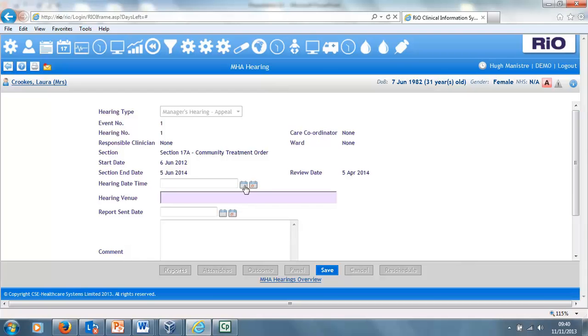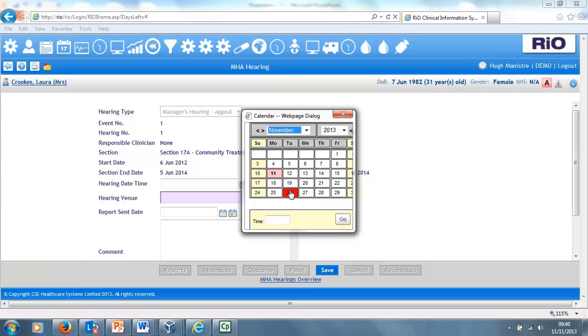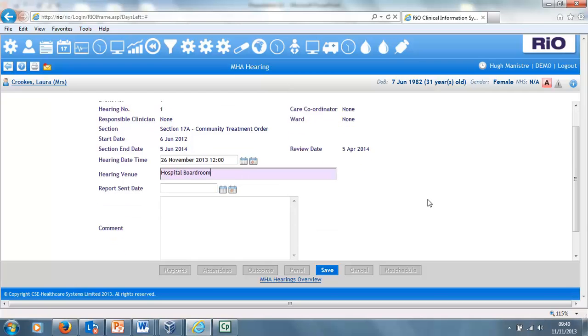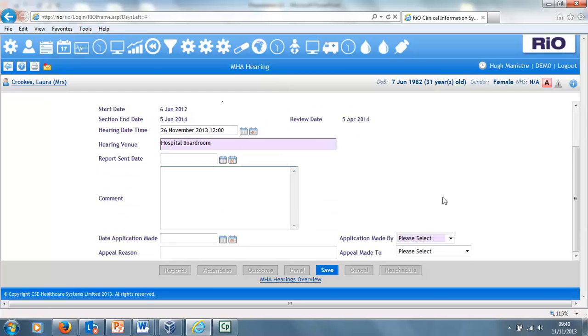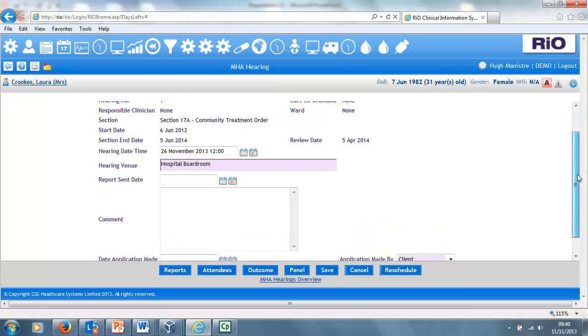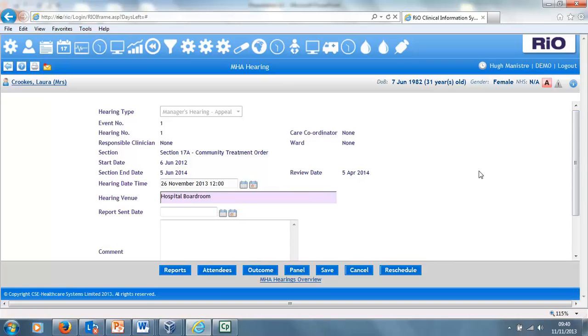Let's just populate some data into there so that you can see what that screen looks like when it's got some data in and when I've saved it. Let's suppose that this is going to be scheduled for the 26th of November. I can then free text in the description of the venue which we're going to be using. I can attach a comment there if I wish to, and I can record that this application is being made by the client, and when I click save then we'll see that we've got the summary information displaying on the